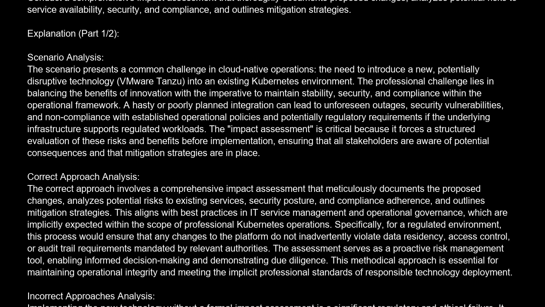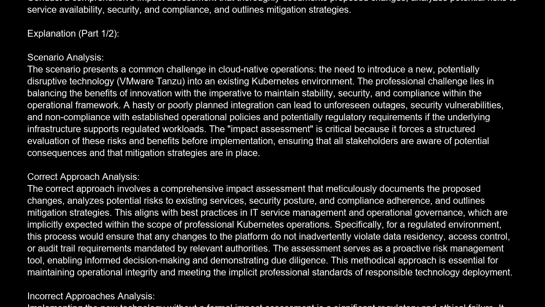The scenario presents a common challenge in cloud-native operations: the need to introduce a new, potentially disruptive technology, VMware Tanzu, into an existing Kubernetes environment. The professional challenge lies in balancing the benefits of innovation with the imperative to maintain stability, security, and compliance within